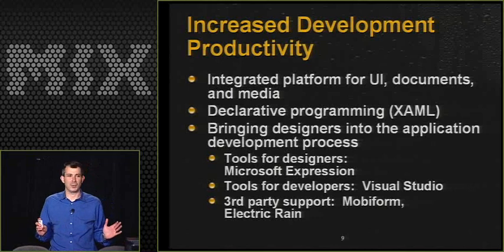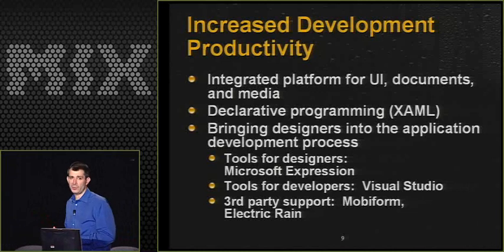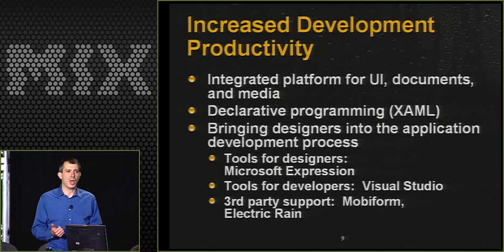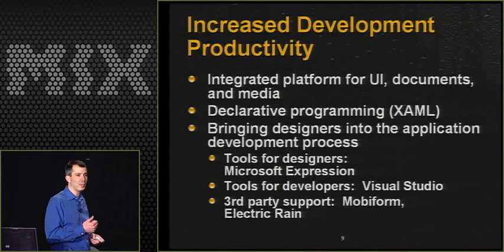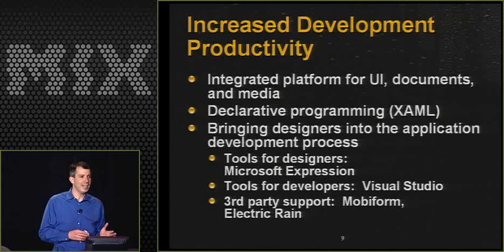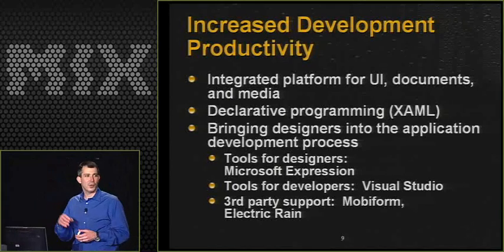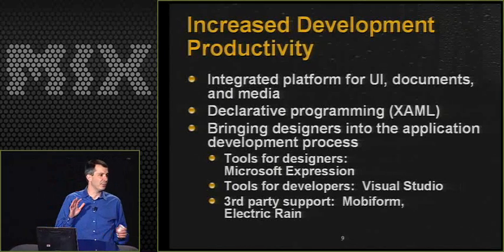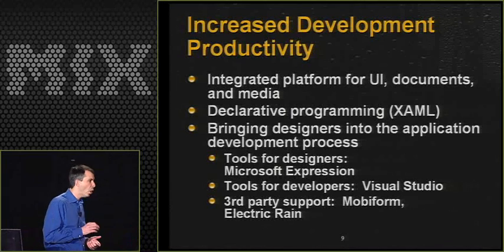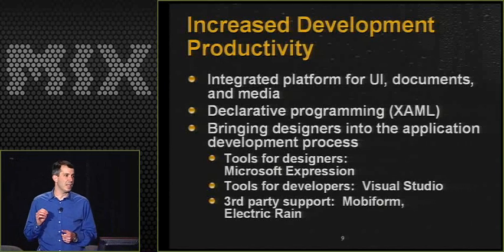I grew up in the styling realm with CSS. CSS is great, but it suffers from a couple of flaws that we tried to resolve with WPF. One is that all properties are not uniformly CSS-able. How many times have you struggled with, is it a font tag or is it the font family? Is it the font size? Or how come when I go to the browser and I select larger or smaller, it doesn't really work right? It's kind of hard. So all of the properties in WPF are completely stylable and can be done in style